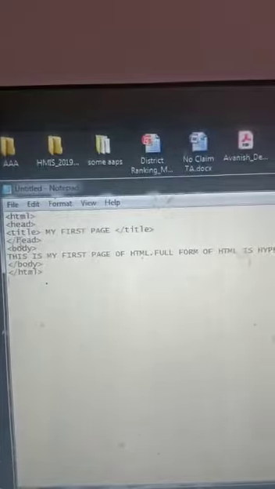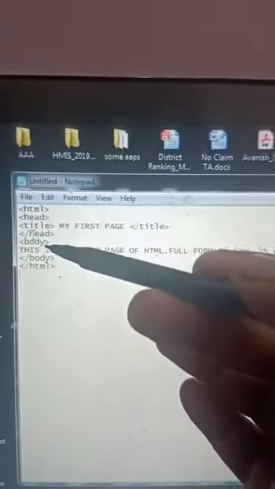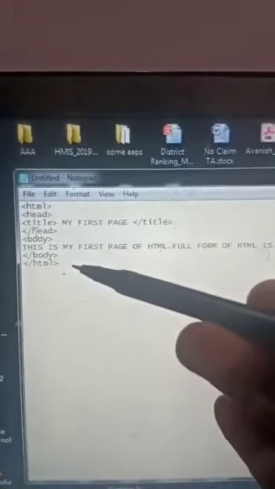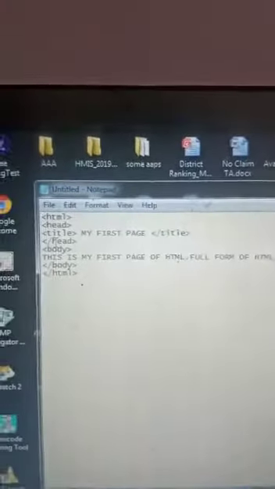I have already opened the Notepad. I have clicked here and then Notepad opened. This is the HTML document. I have typed something: for the first line HTML, head, title. In this title I have written My First Page, and then head, then body. Head is closed. Here the title tag is closed. This is a container tag, and the head tag is also closed. This is a container tag, and from here the body tag starts, and some line is written, and then the body tag is closed, and then our HTML is also closed.